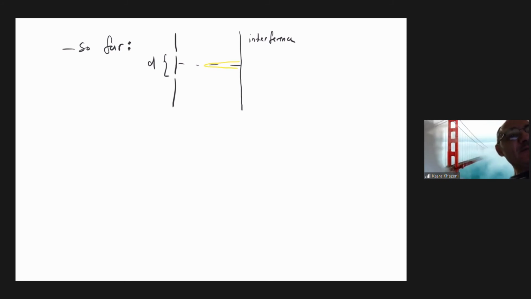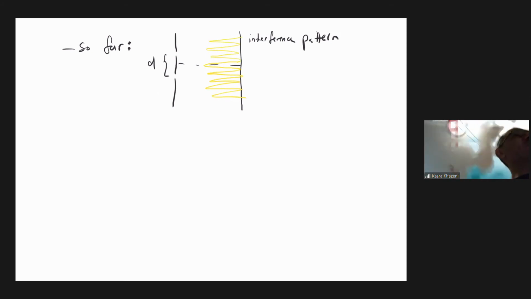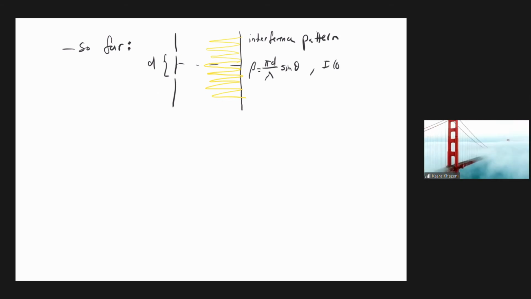We had peaks and valleys that will form interference pattern. And we did that, and the location, and if you remember that, let me write it down. To remember, the location of the maximum minimums were given by, and your intensity was